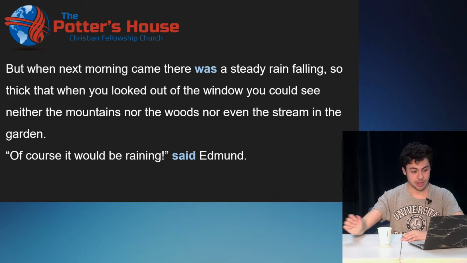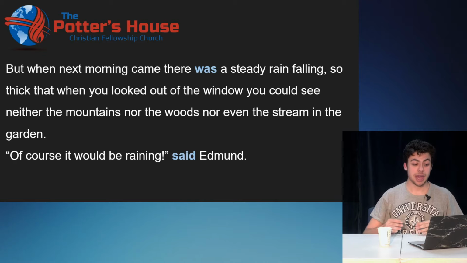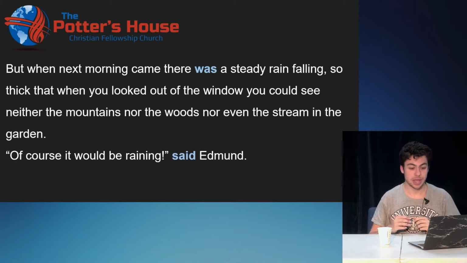Of course it would be raining, said Edmund. They had just finished their breakfast with the professor, and were upstairs in the room he had set apart for them. A long, low room with 2 windows looking out in one direction and 2 in another. Do stop grumbling, Ed, said Susan. 10 to 1 it'll clear up in an hour or so. And in the meantime, we're pretty well off. There's a wireless and lots of books.